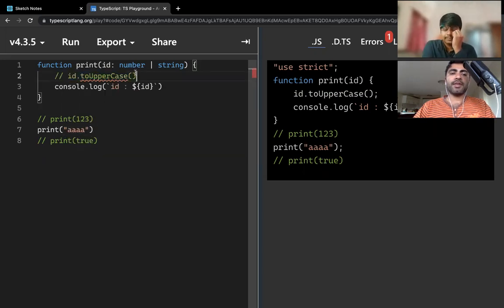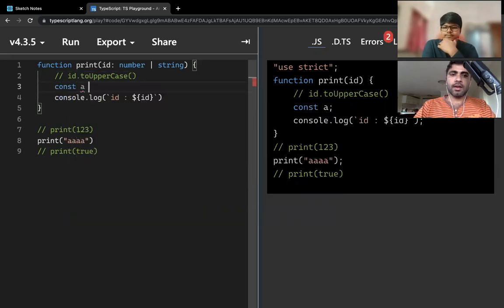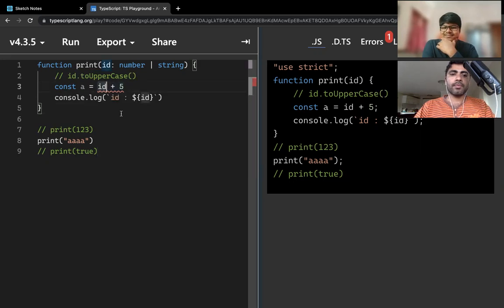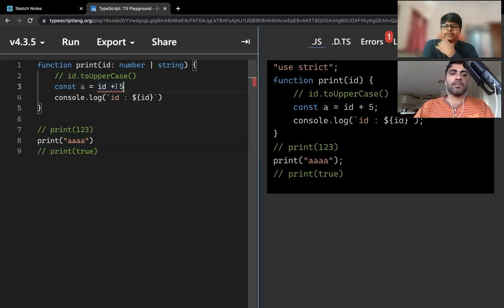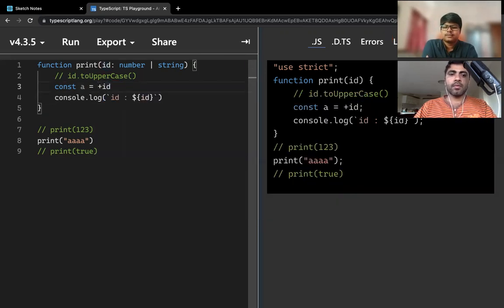But if it exists in both cases, constant A, let's see whether this will work or not. Oh, I assumed that it was working. Plus cannot be applied to type string and number. What if you give plus ID only, simply plus ID? It will convert the string to a number, right?